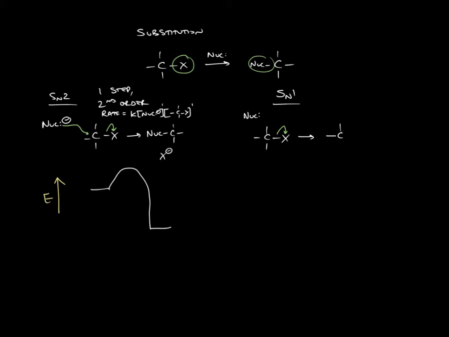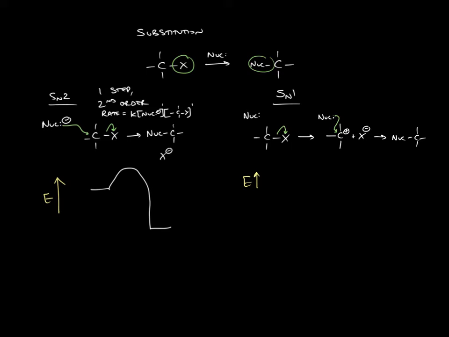That will result in the formation of a carbocation. A carbocation is an extremely strong electrophile, and therefore the nucleophile in a second step can form a bond, and that will result in the new bond between the nucleophile and the carbon that had the leaving group attached. So, in this case, the slow step is the first step, and we can draw out our energy diagram